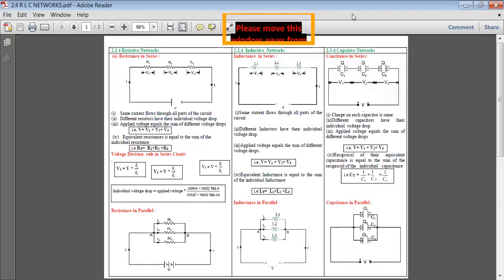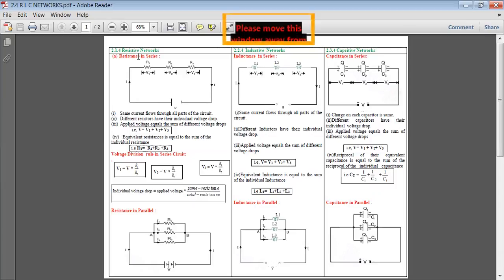I told you that we have three types of networks: resistive networks, inductive networks, and capacitive networks. Now I go for resistance